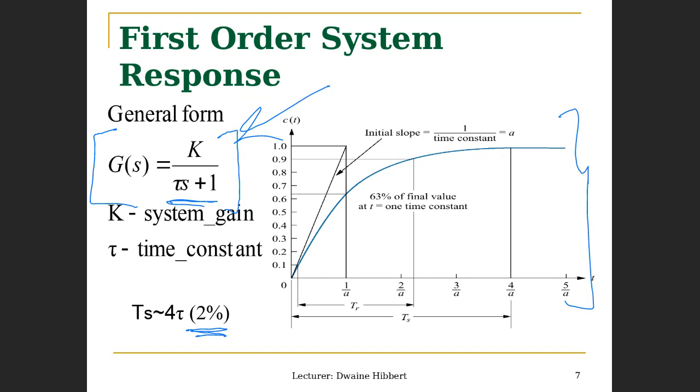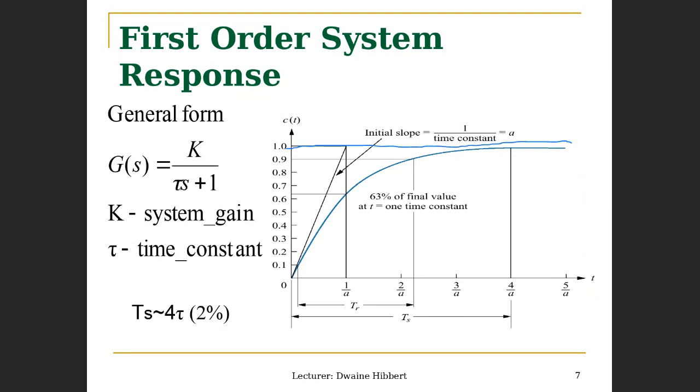Okay, so if we look at the plot here, remember we're talking about the step response, the response due to a step input. A step input is what was used to generate this response that we're looking at here. So if we expect the system to go to 1, then we expect that the 2% settling time will be 2% of 1, and so that would be